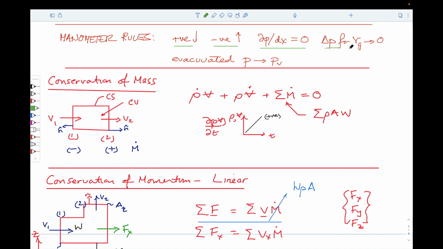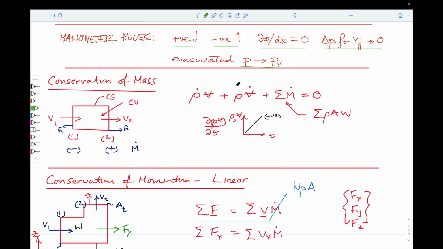And if we look at the pressure change in a gas, the unit weight is so small, maybe 1,000th of the density or unit weight of a fluid, then we can typically ignore the unit weight of the fluid. And if we're in an evacuated portion of the system, then the pressure that we should use should be the